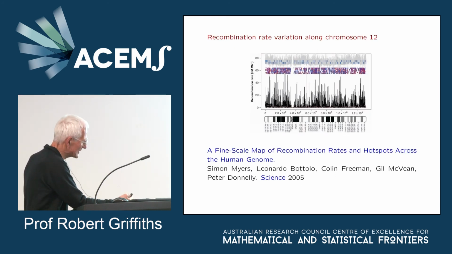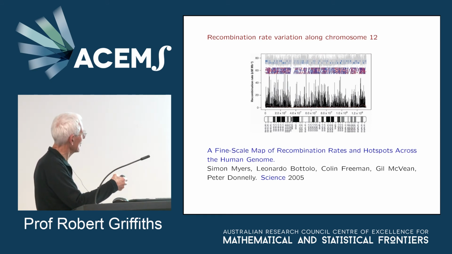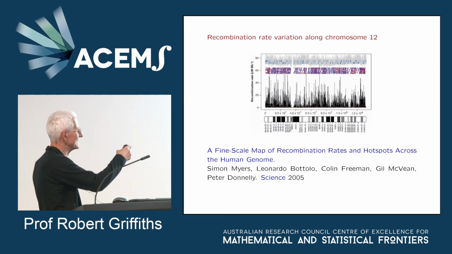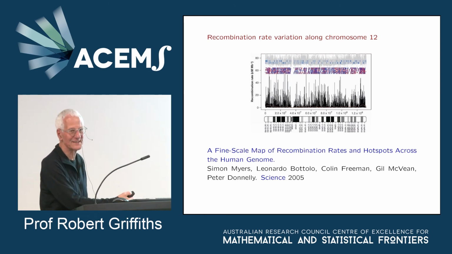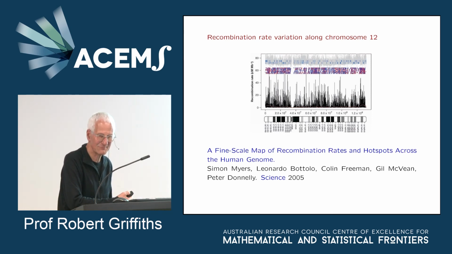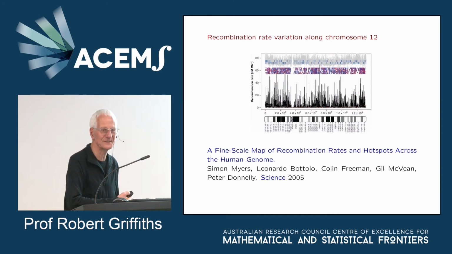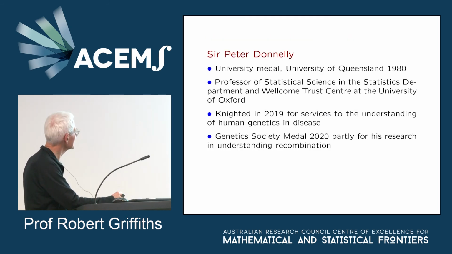This is recombination rate variation along chromosome 12 in a study by Simon Myers and others, particularly Simon Myers, Gil McVean and Peter Donnelly. And there's some stunning science in this. They found that there was a big rate variation along chromosome 12. The spikes here tell you about rate variation: the higher the spike, the more likely it is to break. This is found from data by statistical means, where previously you could only use experimental methods to determine hotspots in genes. This is really some stunning science.